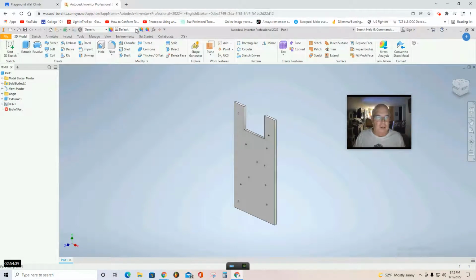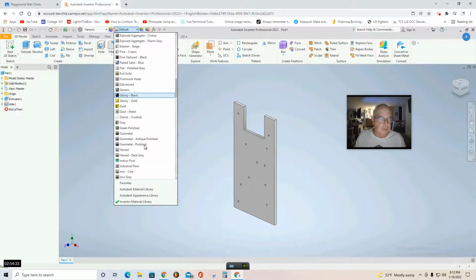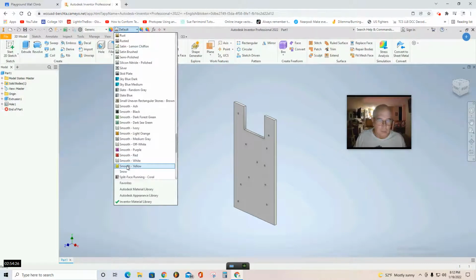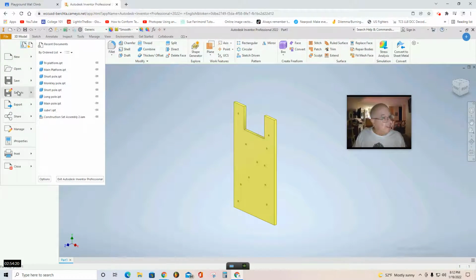Go to the default materials drop-down list. In this case, maybe a yellow. So let's see if there's a yellow I can use. Smooth yellow or something. Smooth yellow would be fine. It's a primary color. File, save as,